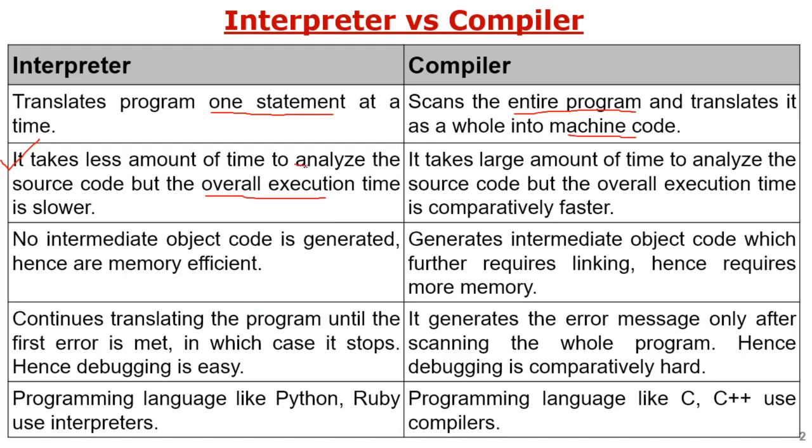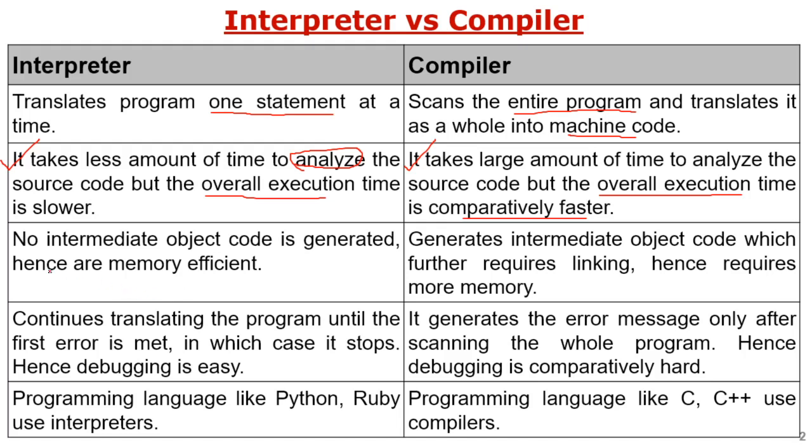The analysis process is very fast, because you analyze the code as soon as one line is completed. A compiler, however, takes a large amount of time to analyze the source code, because it compiles the source code completely and then generates the errors, so you have to look at the complete program to see them. With the interpreter, line by line analysis is faster than the compiler, but if you collect and add up the line by line execution times, the total is much higher than in the compiler process.